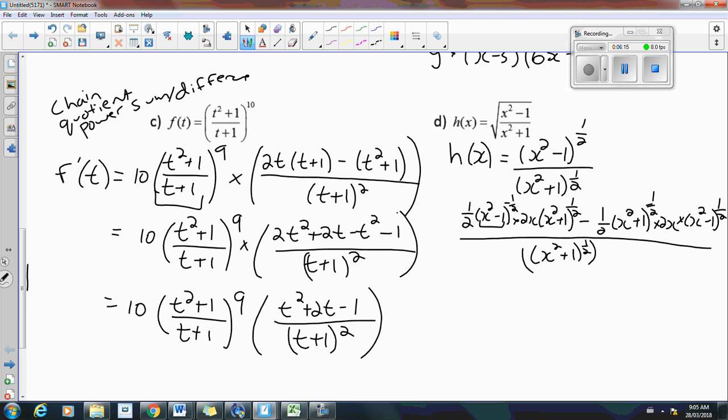g squared. Okay, so to simplify these ones, we look for what's common, and we're going to factor out, you know that both these ones have a factor of x squared minus 1 and both have a factor of x squared plus 1, and we take out that factor to the lowest exponent. Also, you'll see that these 1/2s and these 2s cancel out, so it cleans it up a little bit. So I'm going to factor out x squared minus 1 to the negative 1/2 and x squared plus 1 to the negative 1/2, and that's going to leave me with